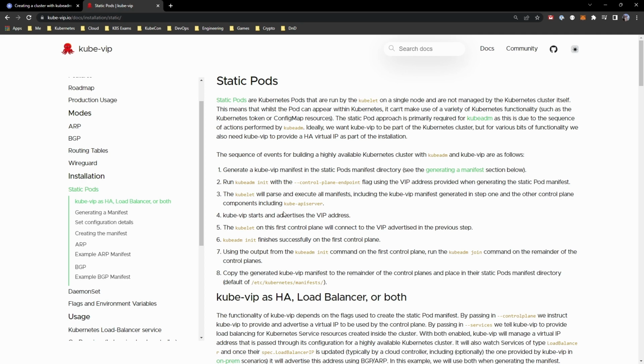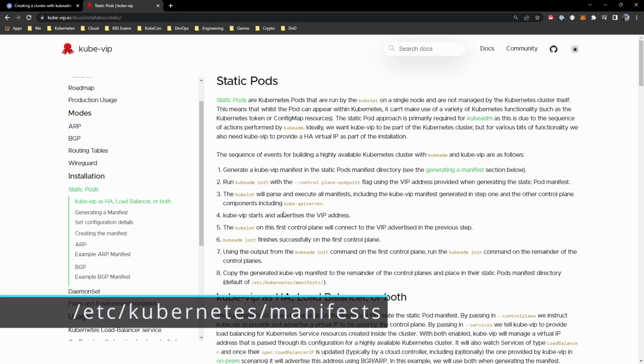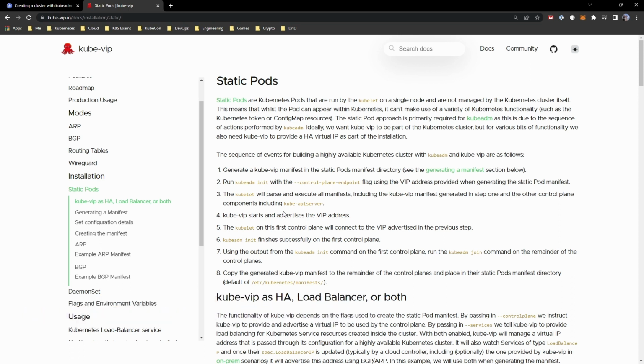Now what this is, when Kubeadm runs, it will generate some static manifests for the Kube API server, the scheduler, the Kube controller manager, and it sticks them all in /etc/kubernetes/manifests, and the Kubelet knows to generate static pods based off that. Essentially, that's what it is. They're not deployments or anything like that. Kubernetes can't do much with those pods in terms of scaling and things like that because it doesn't really know about them in the context of Kubernetes. It just knows to spin those up. So we need to do this as part of the setting up of